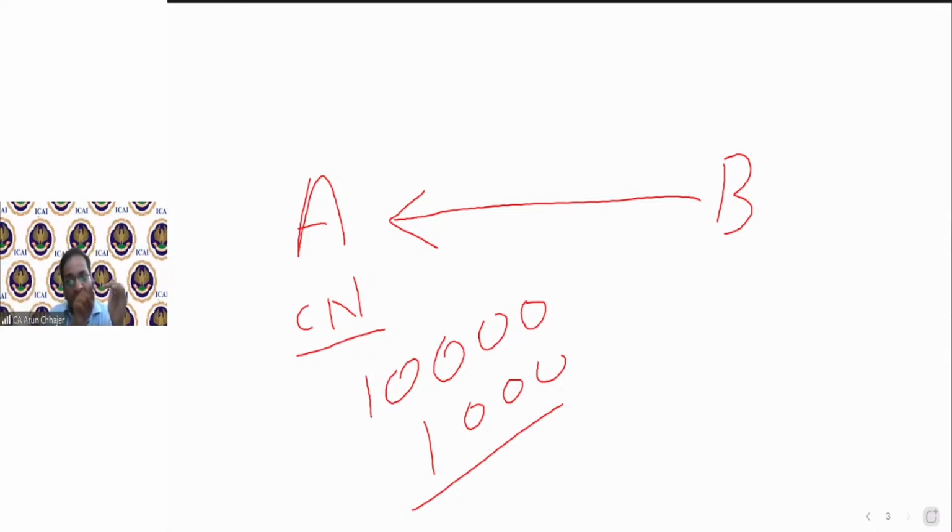क्योंकि A ने जब क्रेडिट नोट इश्यू किया तो जितना भी क्रेडिट नोट के ऊपर जीएसटी है, उससे अपनी लाइबिलिटी कम करेगा। Tax invoice will create the liability of A, credit note will reduce the liability of A. जब A अपनी लाइबिलिटी कम करेगा तो गवर्नमेंट बोलेगी B को भी, तू अपना बेनिफिट कम कर, तूने पहले पूरा आईटीसी लिया था, अब इस बेनिफिट को कम कर। तो बेनिफिट को कम करना मतलब आईटीसी को रिवर्स करना।